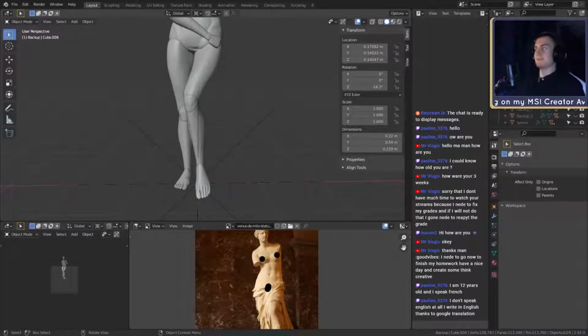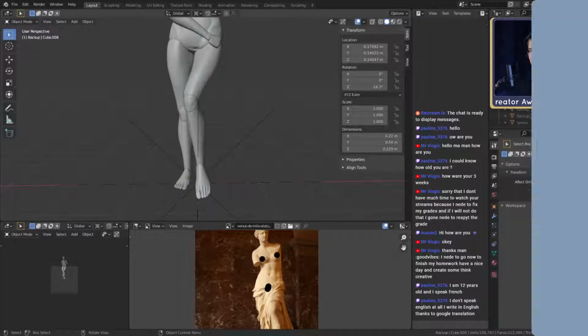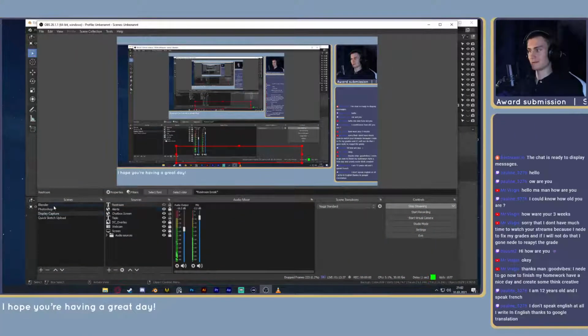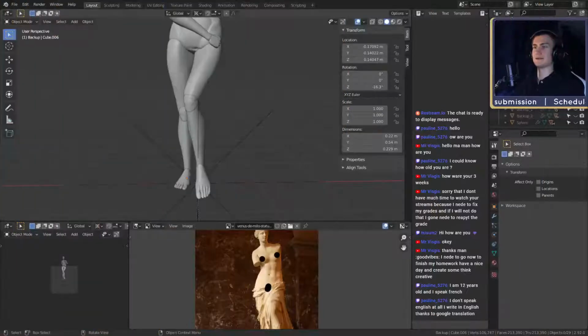Okay, I'm back. We don't need this loop anymore. Let me just quickly hide my restroom thingy. Okay, perfect. So, let's get back to the main project. I need my graphic tablet, of course.